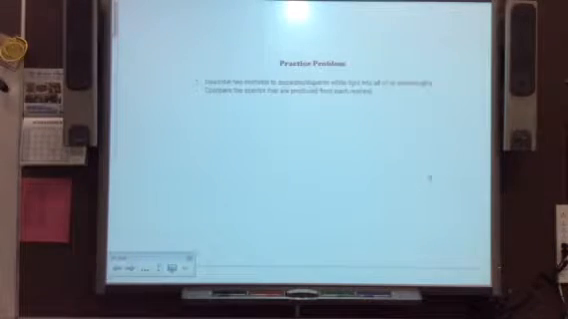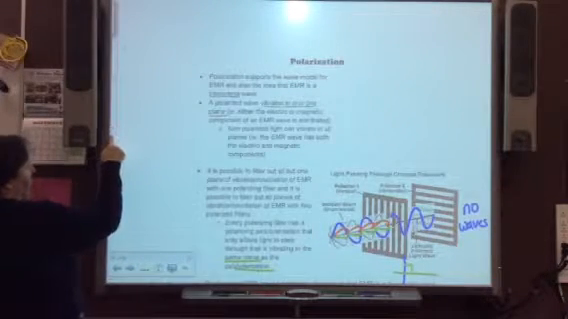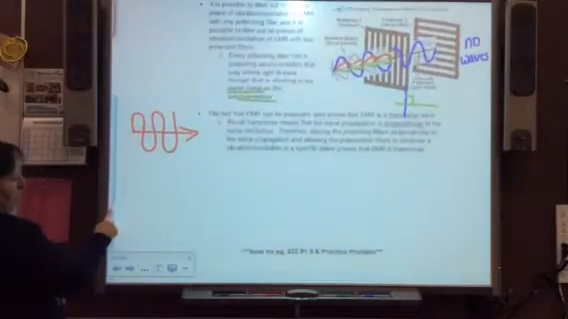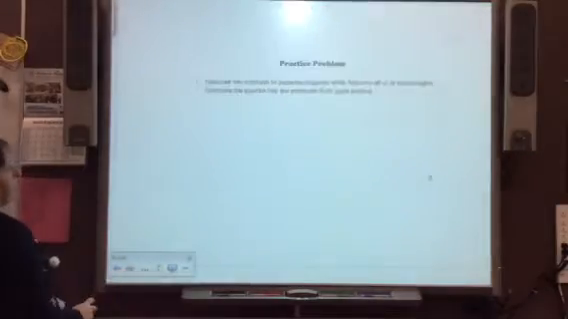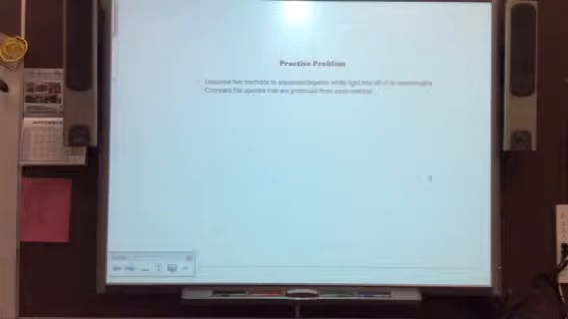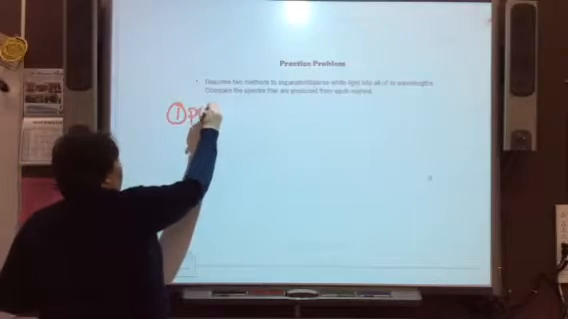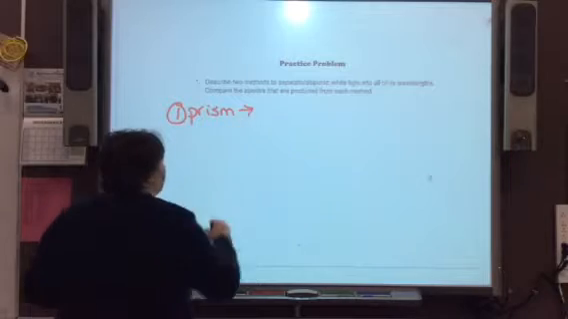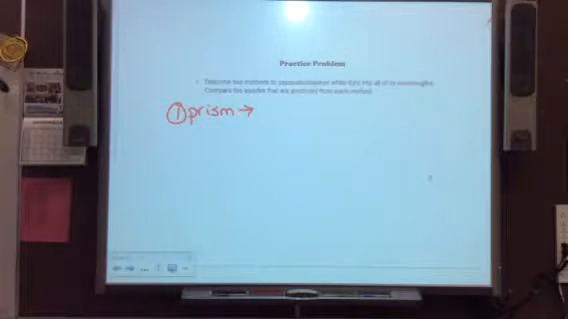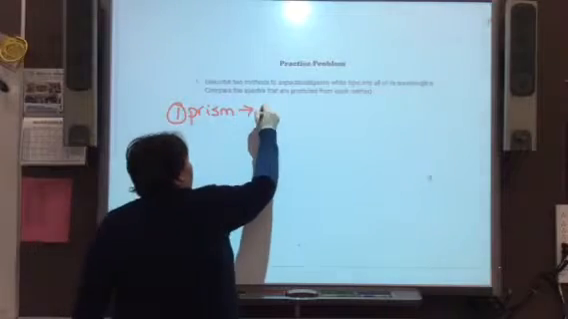All right, practice problem. There are questions at the bottom of the other page, but I'm tired of fighting with my smartboard. See? Ta-da. All right. Describe two methods to separate dispersed white light into all of its wavelengths. Compare the spectra that are produced from each method. So how can we separate or disperse white light? One, we can use a prism, correct? So each wavelength